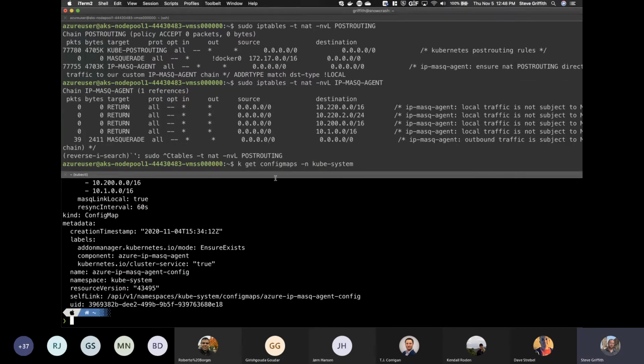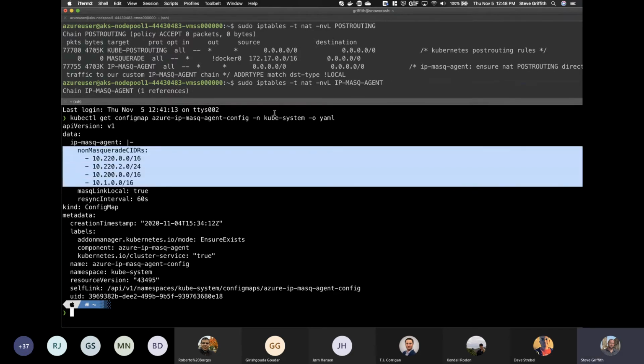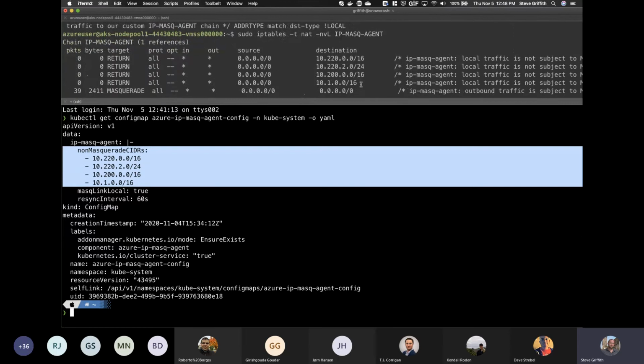Okay. So let's take a look at this config map. This config map has a section called non-masquerade CIDRs. This is ultimately the ip-masq-agent config. This is ultimately what creates these IP tables entries. So if you wanted to not masquerade or source NAT your traffic to a given VNet, you can add a